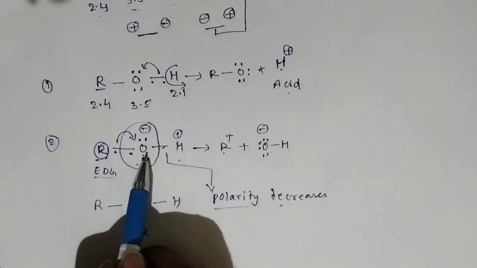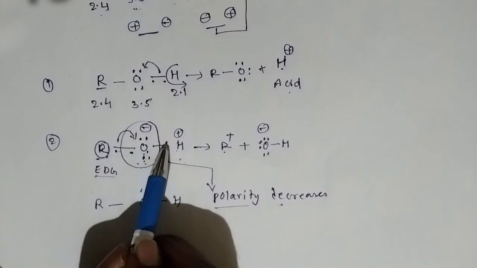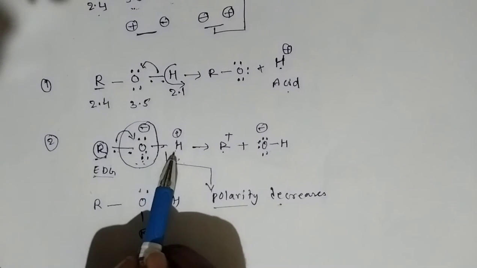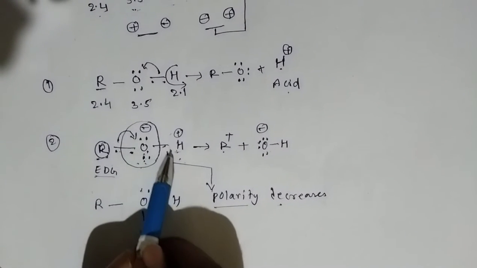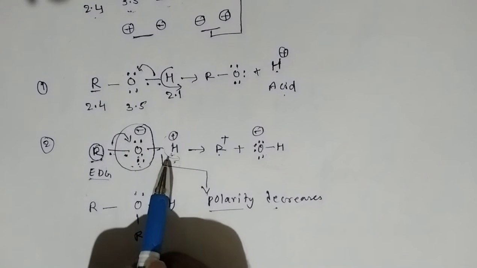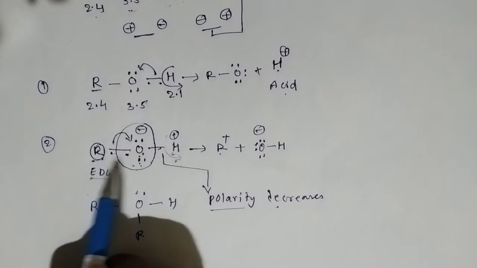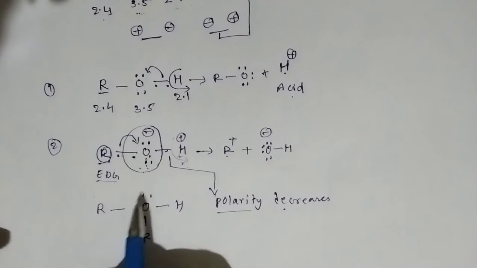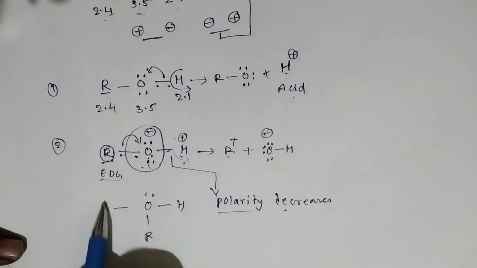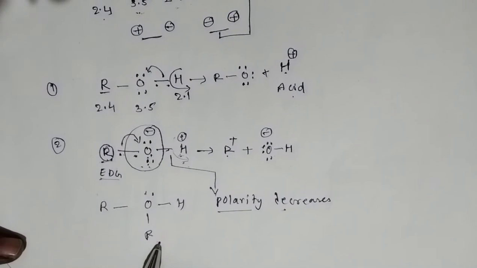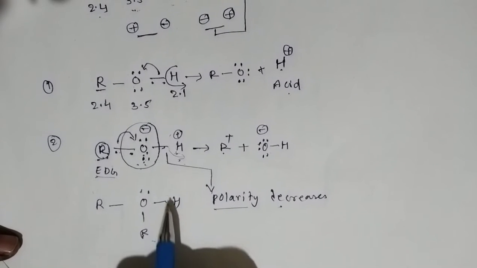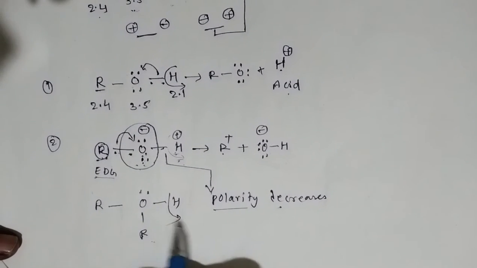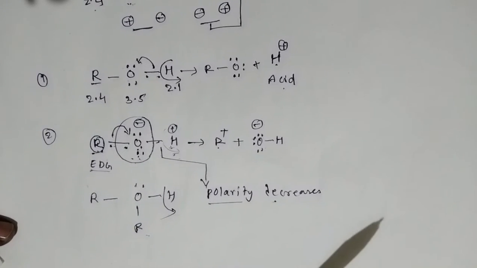Now this oxygen is unable to receive the electron from this hydrogen, so this hydrogen finds it difficult to be removed as an H plus ion. You cannot remove this H plus ion because oxygen has already received electrons from the carbon atom. By increasing the number of carbon atoms, we feel greater difficulty in removing the H plus ion. If we are not removing the H plus ion, then it will not show acidic property.